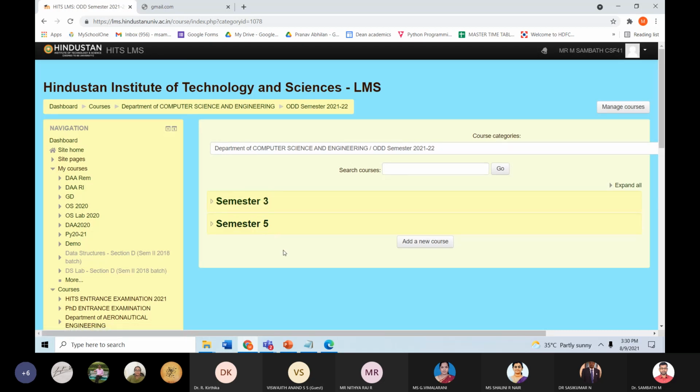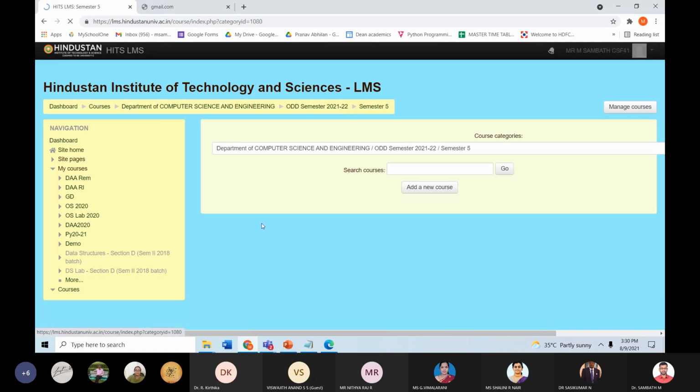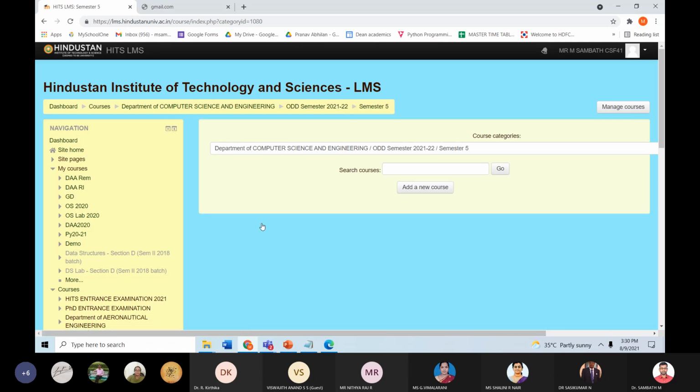Your job is to go into semester 3 and create all the courses available in semester 3. Similarly, come back to semester 5, go into it, and create all the courses inside this folder. I will tell you how to do that.